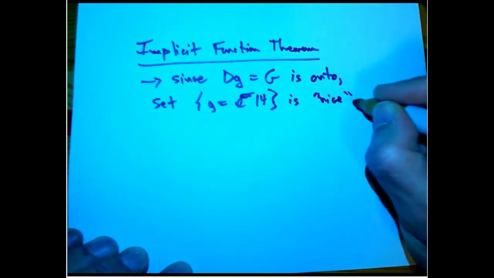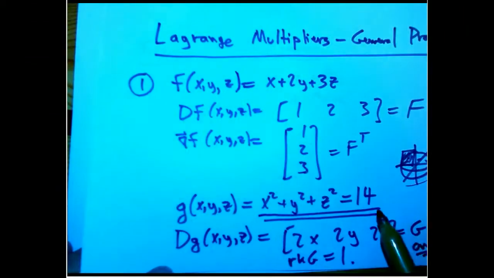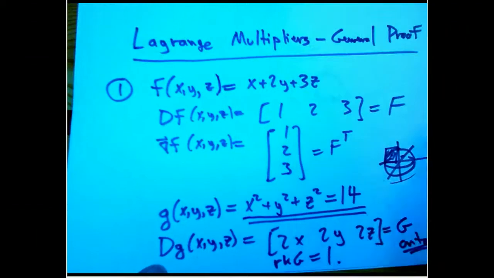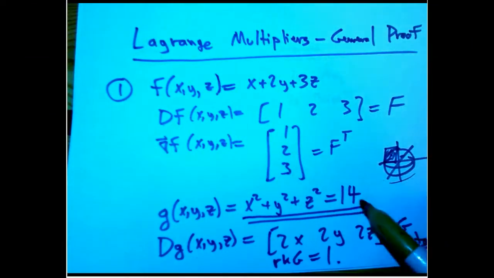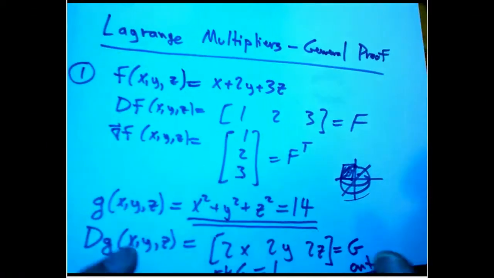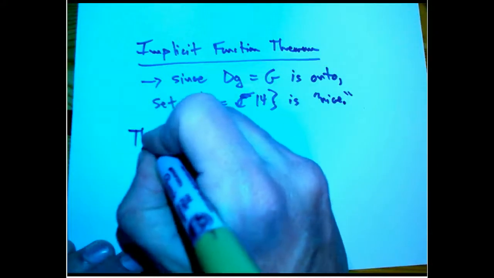It really means we can transfer from one description as a level set to another one of the very useful descriptions as a parameterization. So this is a set of possible inputs, x, y, z, that have a certain fixed output, and a parameterization is the set of all possible outputs of a map that goes into R3. So what it says is that there is